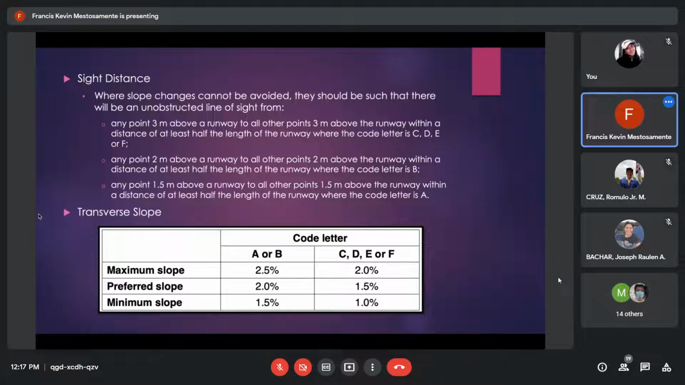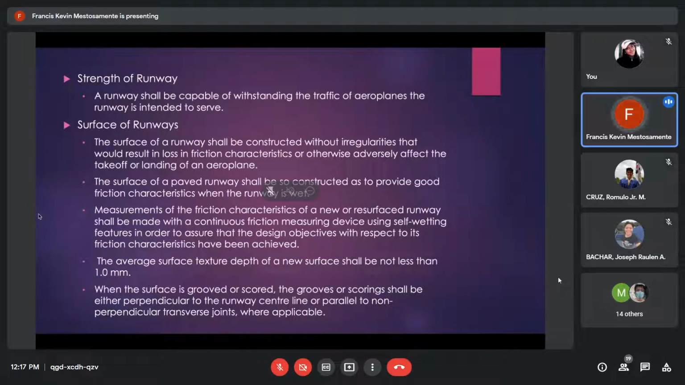Nagbabari yung approach ng piloto and yung braking approach depending on the water presented on the runway. And we have slope transverse to promote yung drainage ng water para maalis rapidly as much as possible yung water doon sa runway. So next,